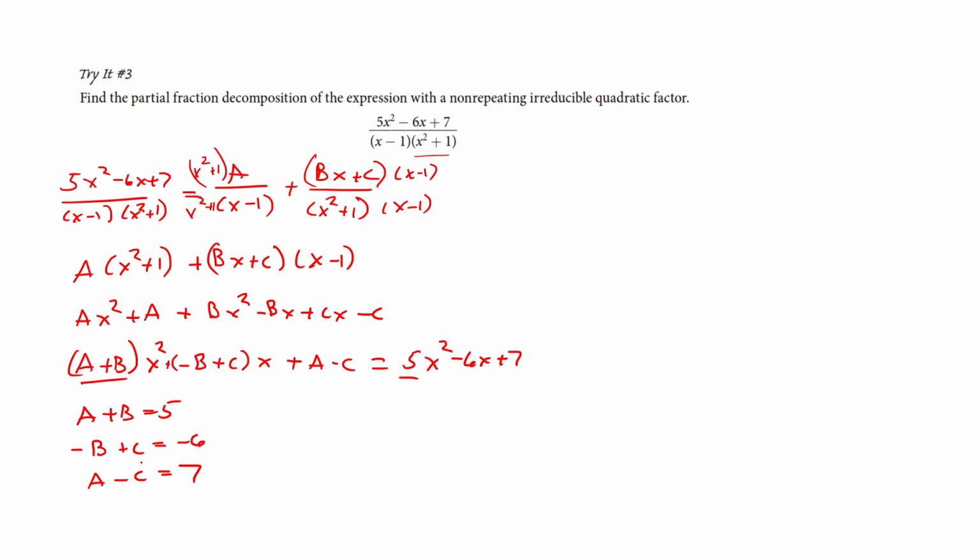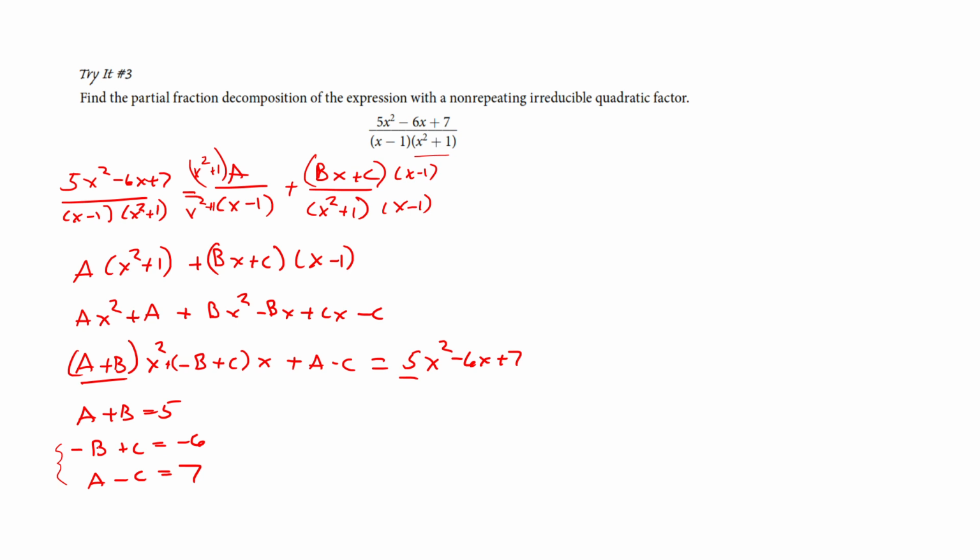Okay, now we could do this two ways. I'm looking for the easiest possible way. Yeah, here's the easiest. Well, it's going to be multiple steps no matter how I do it. You could do any step we want. You could do substitution like we did before, but I'm going to go ahead and do elimination with this process